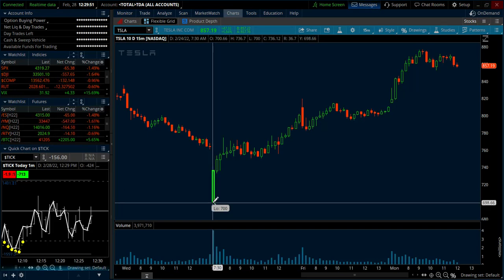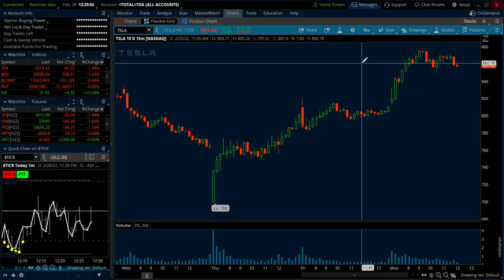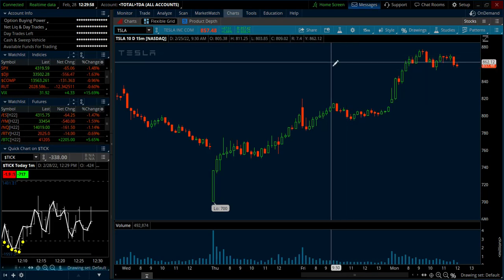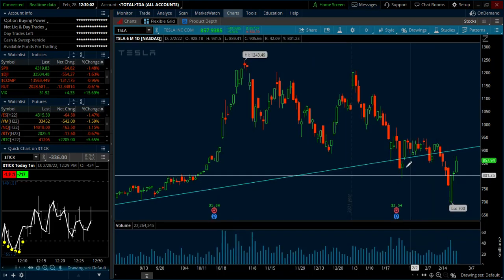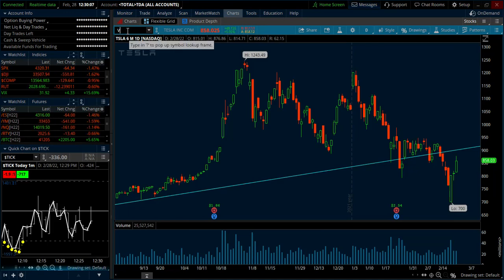If we were to break the low, you'd be stopped out. Otherwise, just hold it into the close. I get to that 5-10 minutes before the close, and then I'll just close it out. So that was a little day trade on Thursday, and then I also bought more in my IRA,